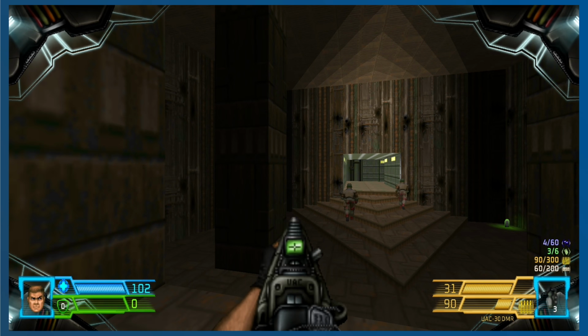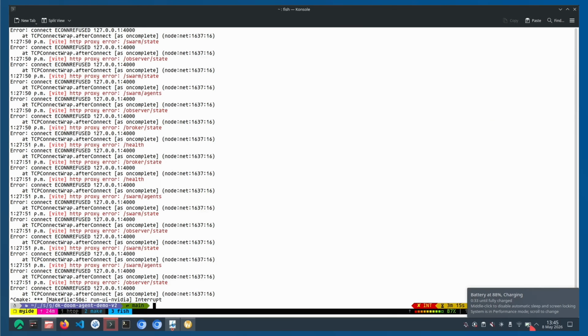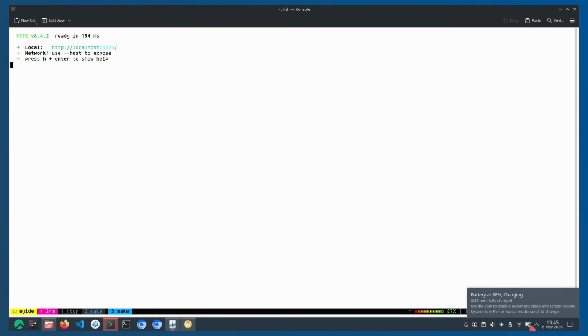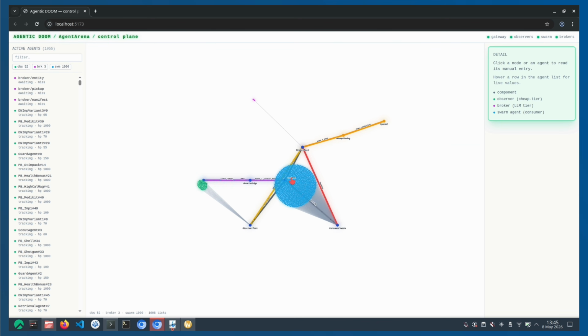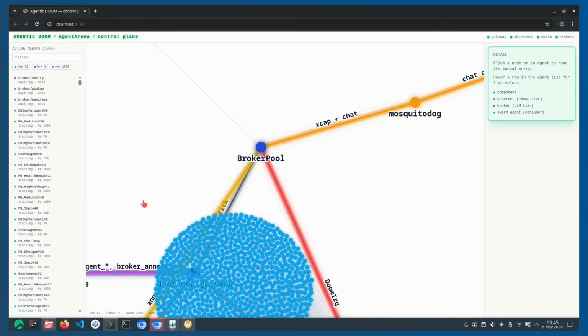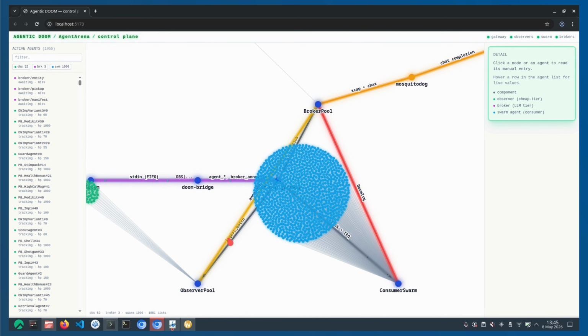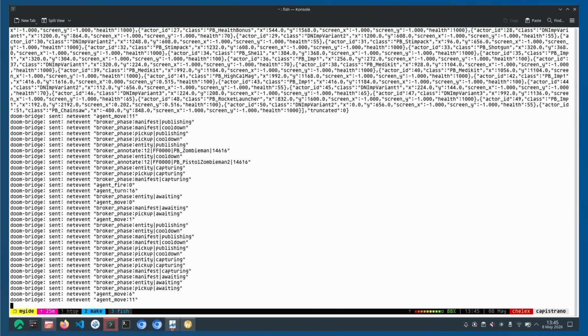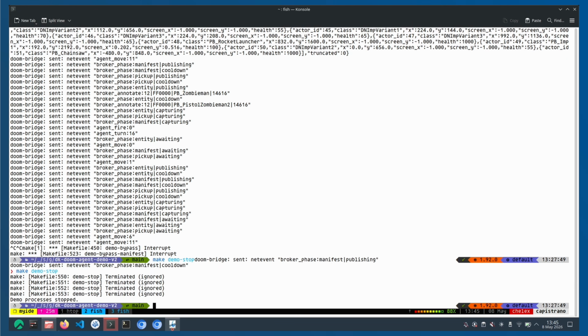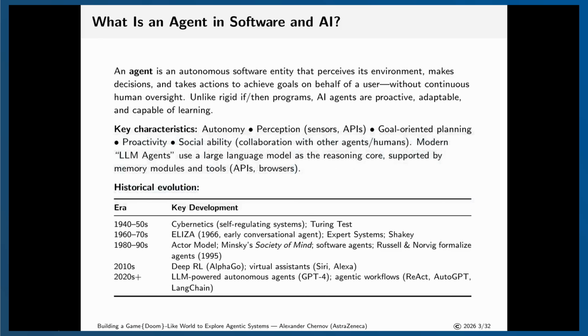We'll also be talking about how to make a control plane. It's the idea that there are interconnected elements in this game, components that talk to each other, and those are agentic components. We'll go through the details of how it's all implemented and how it works. There probably won't be too much programming, but it will be interesting. So, back to the demo.